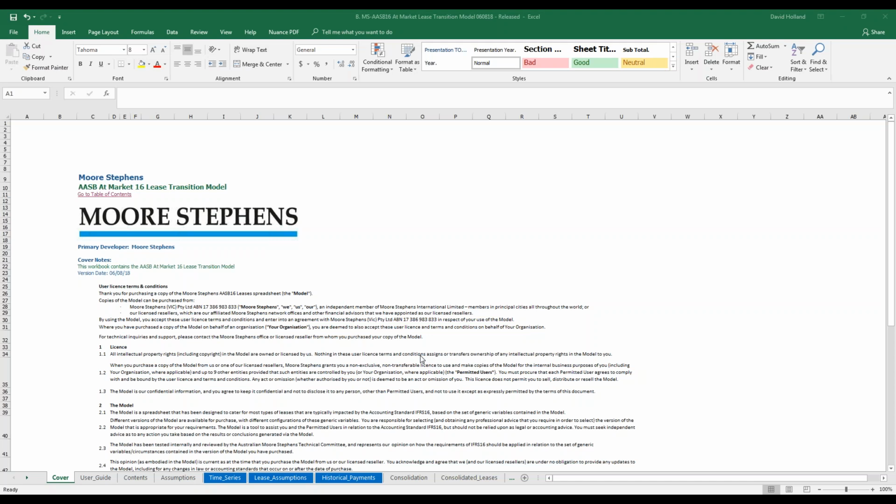Welcome everyone to a demonstration of the at-market lease transition model. So this model should be used in a transitional year by either for-profit or not-for-profit entities with leases that are at market value. And this tool is to be used for leases that would previously have been classified as operating leases. You'll notice here along the tabs at the bottom that the tabs in blue are the ones that require